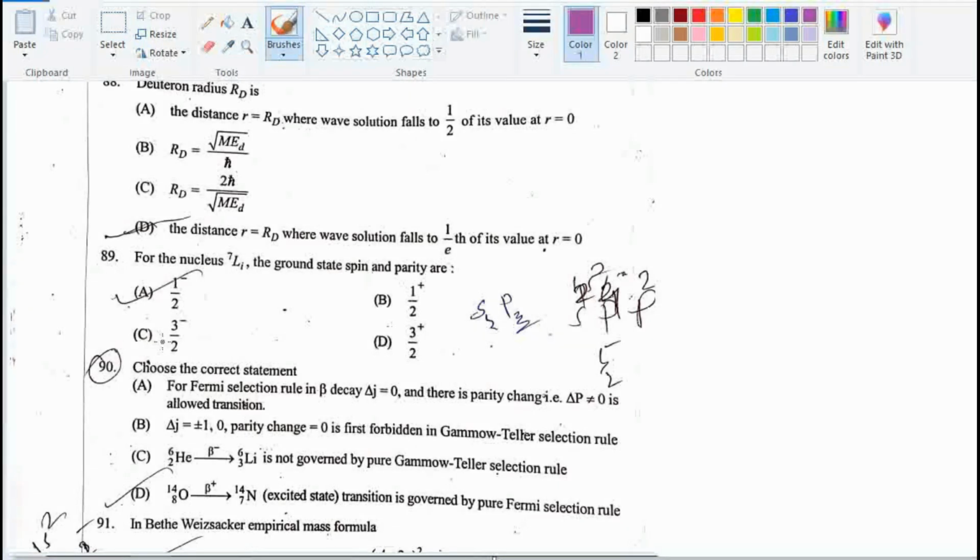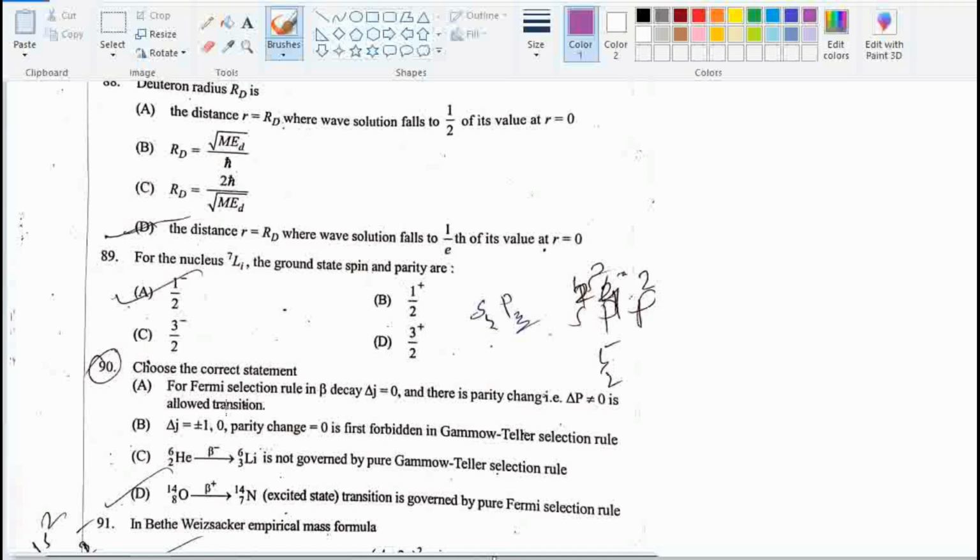Let's start solving question number 90. Read each statement; we have to find the correct statement. Option A says that for the Fermi selection rule in beta decay, ΔJ equals 0